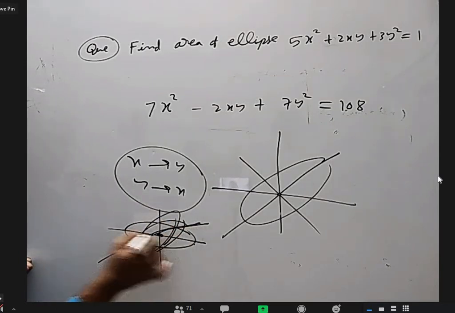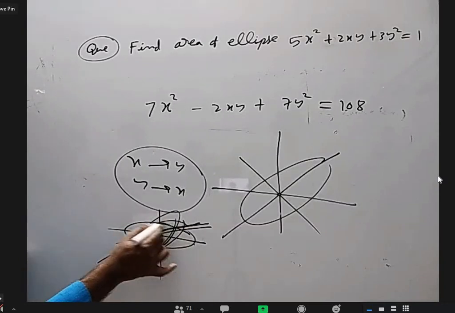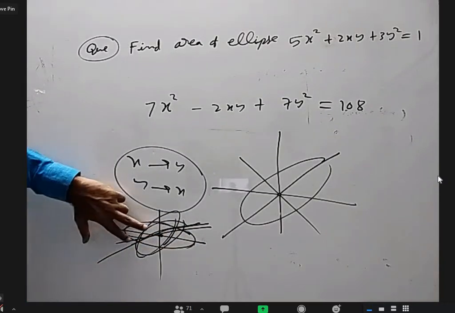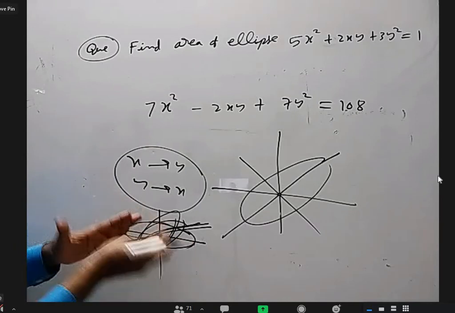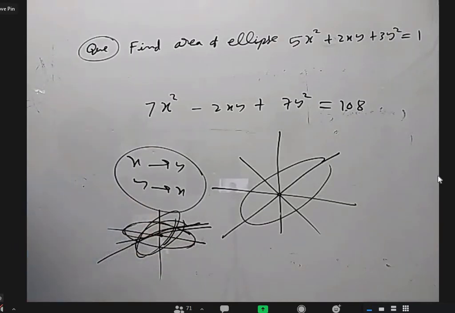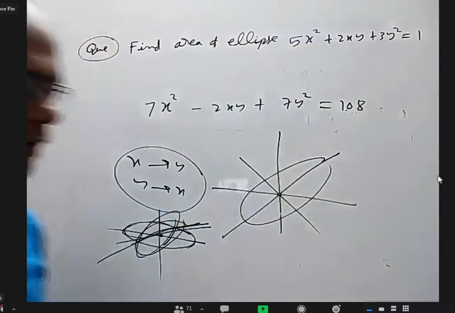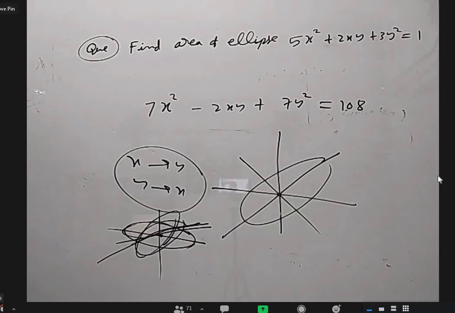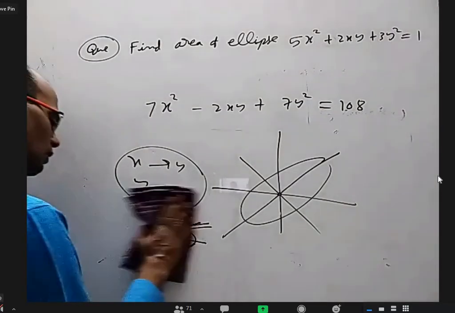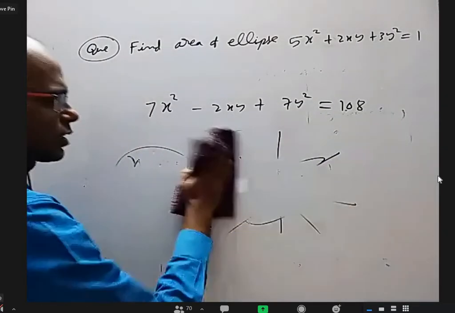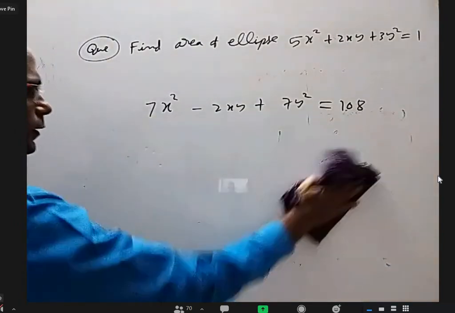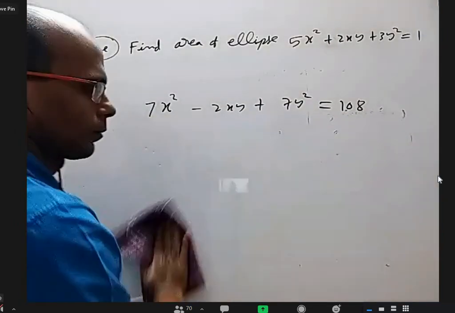If you take other than major and minor axis, you may think this piece and this piece are identical, but in a reverse way. As it is, you cannot fold it and they don't perfectly match. Am I right? Yes. So the only two lines about which an ellipse is symmetrical passing through center are the major axis and minor axis. Even not passing through center also, those are the only two lines about which it is symmetrical.